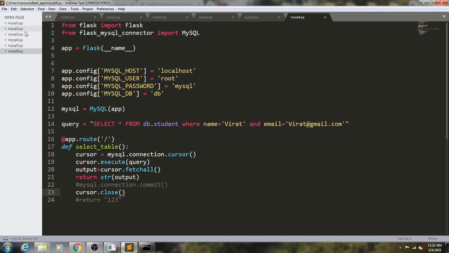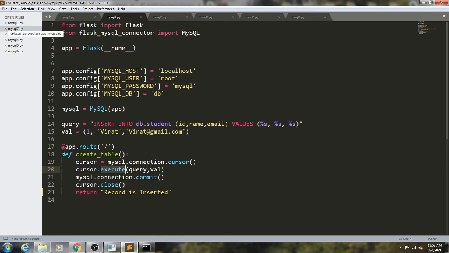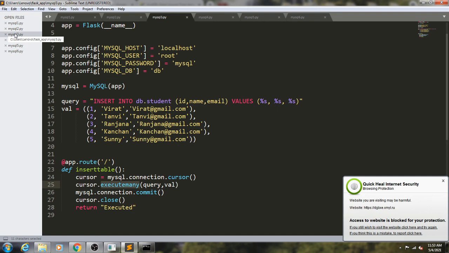Okay, so these are the scripts. 5 scripts are there. With the help of these scripts, in the first example we created a table in MySQL through Flask. In the second example we inserted a single record in the MySQL table. In the third example we inserted more than one record.